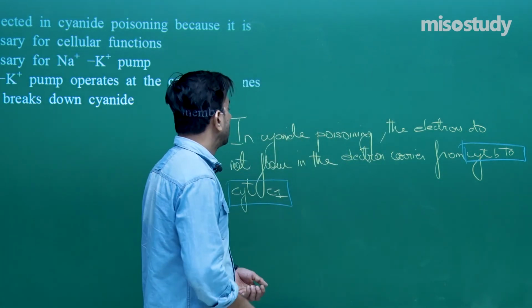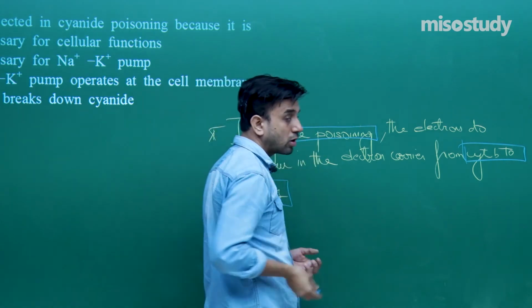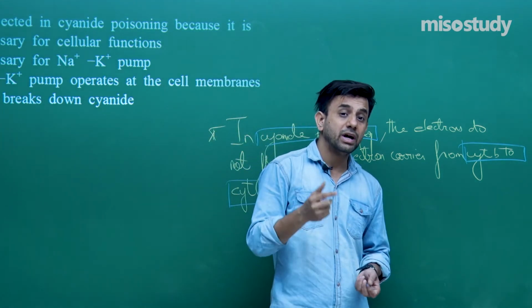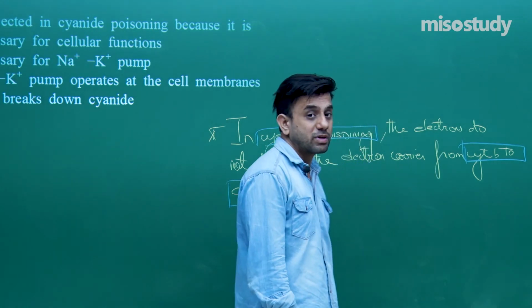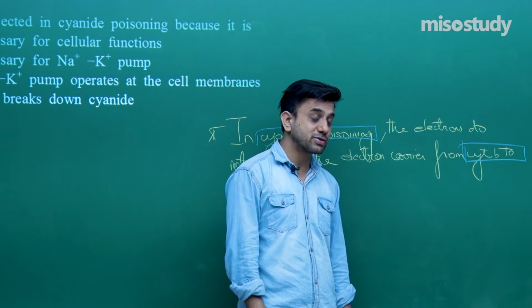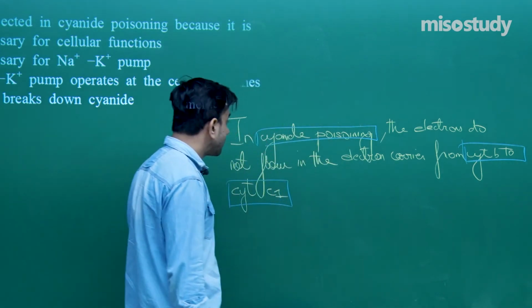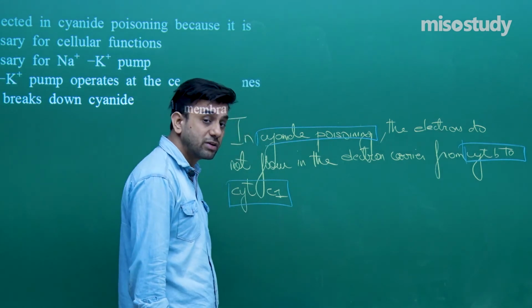Hence we all know that ATP will not be synthesized, and ATP is very important for all the cellular functions of the body. Now you must be getting a hint as to what the option must be. So in cyanide poisoning, the electrons do not flow in the electron carrier from cytochrome B to cytochrome C1,